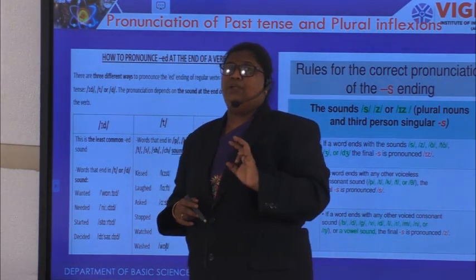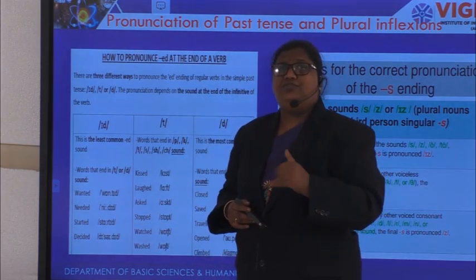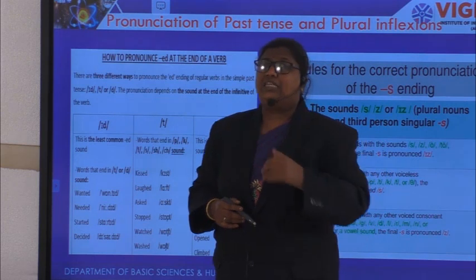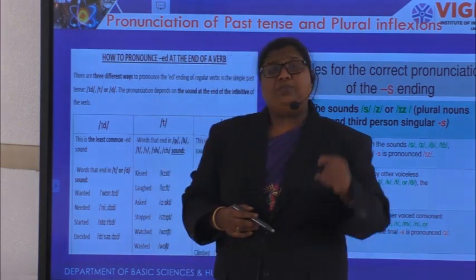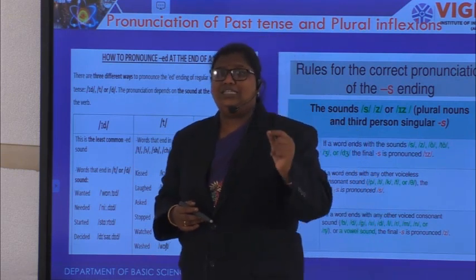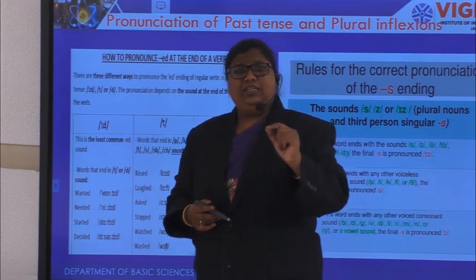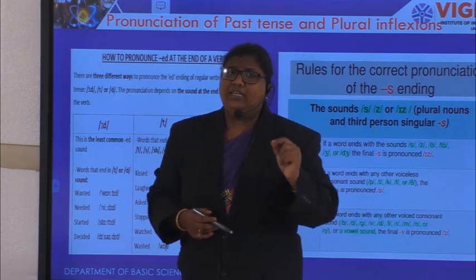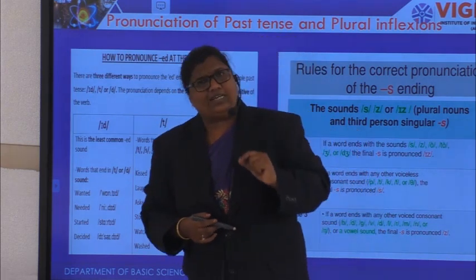And this rule is applicable only for those forms, because for other forms which are irregular, as I mentioned in the previous video, you can go back to the subject verb agreement video and watch, where you will get ed or t or d in the regular forms. You don't get that in irregular forms. So just watch the video so that you have clarity.